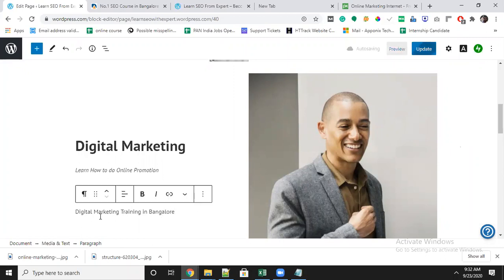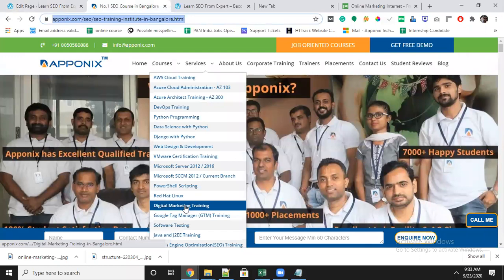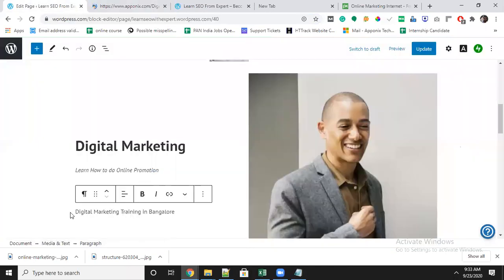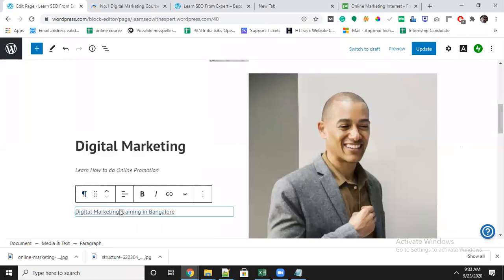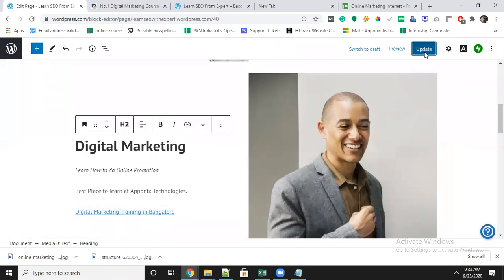Here I will connect it as a link. How will we connect it? We just have to copy it from here and use it. You can select the text and link it. Again, I told you, always for an external link we have to open in the new tab. I will update it here now.